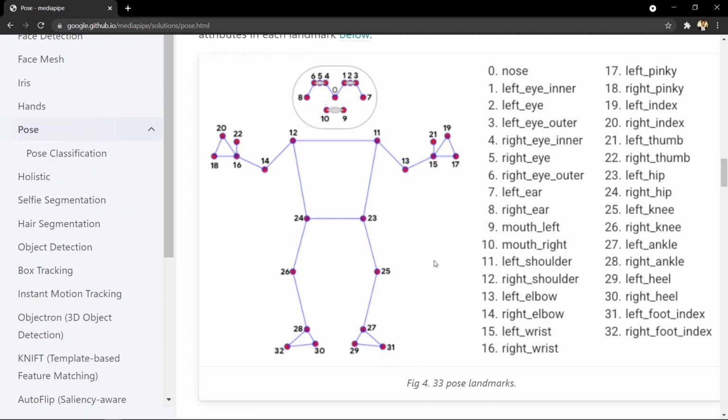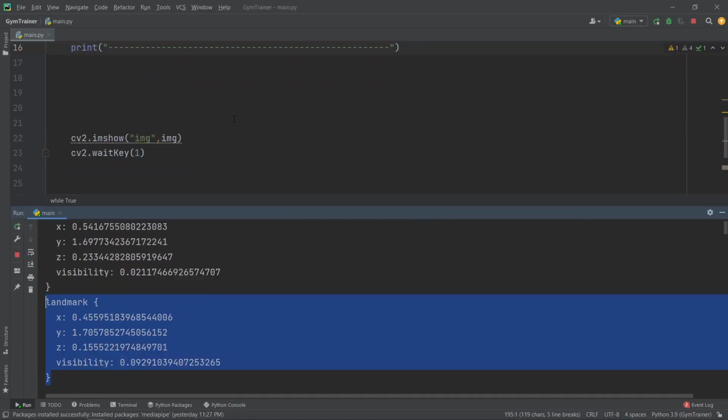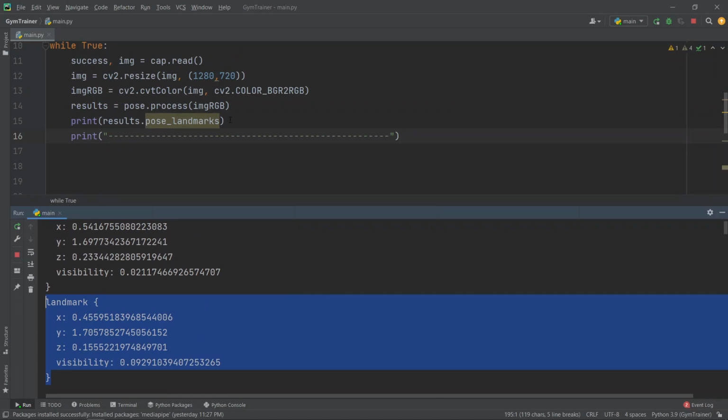So this particular code is extracting the landmarks, and we can simply print the landmarks starting from the 0th all the way to the last landmark.